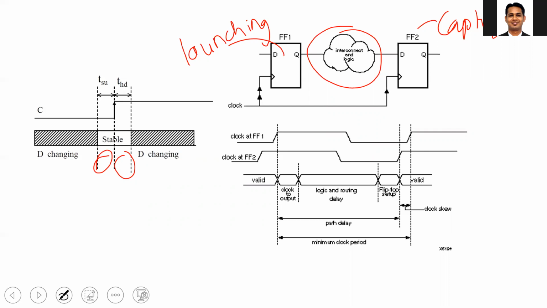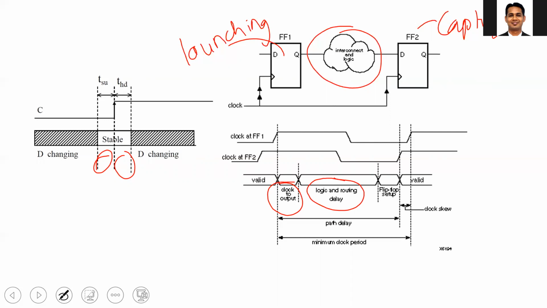So the launching flip-flop takes the input D and passes it to the output Q at every clock edge. Because of the internal delay, the output Q gets the value of D after a certain time after the clock edge, and this is called the clock to output time. Then this output of the launching flip-flop is passed through the combinational circuit, and the corresponding delay is a logic and routing delay. And the setup requirement of flip-flop 2, which is the capturing flip-flop, requires that the output of the combinational circuit should be stable